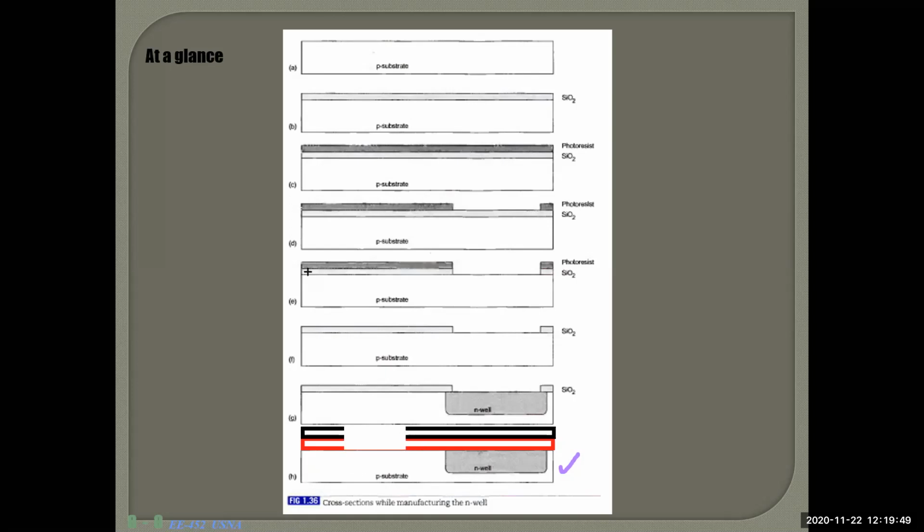Now you no longer need this photoresist because its purpose is done already. It has done its work. So you give some UV ray. What happens? All the photoresist will be gone. Got my point? Then you give some more material, whatever the material you want to apply here, you give the material.